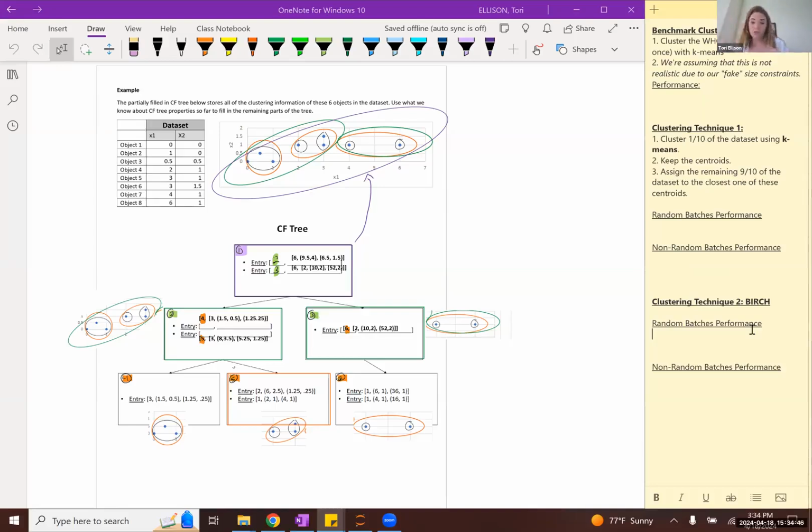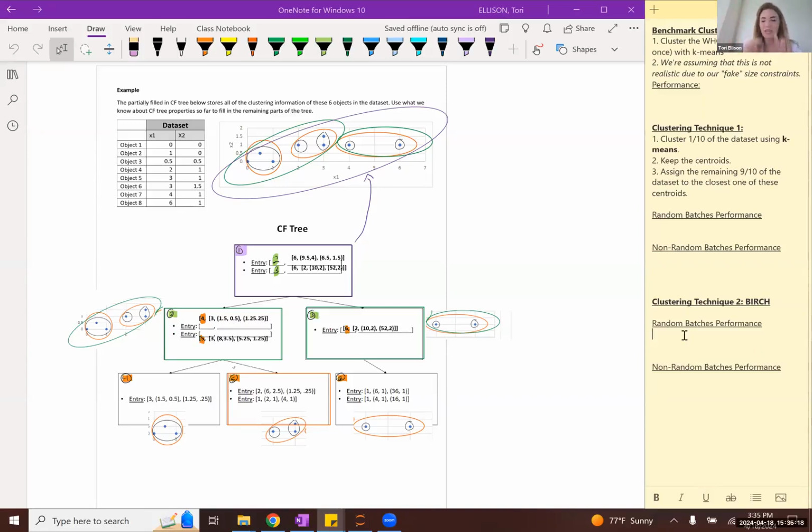And in so doing, it allows us to iteratively update this tree, which is essentially storing the nature of the clustering structure without needing to have the entire data set in any given one iteration. And then the beneficial thing that we're going to see here is that even if our first few batches or observations that we fed into our Birch tree are not representative of the full data set, then this is actually okay.